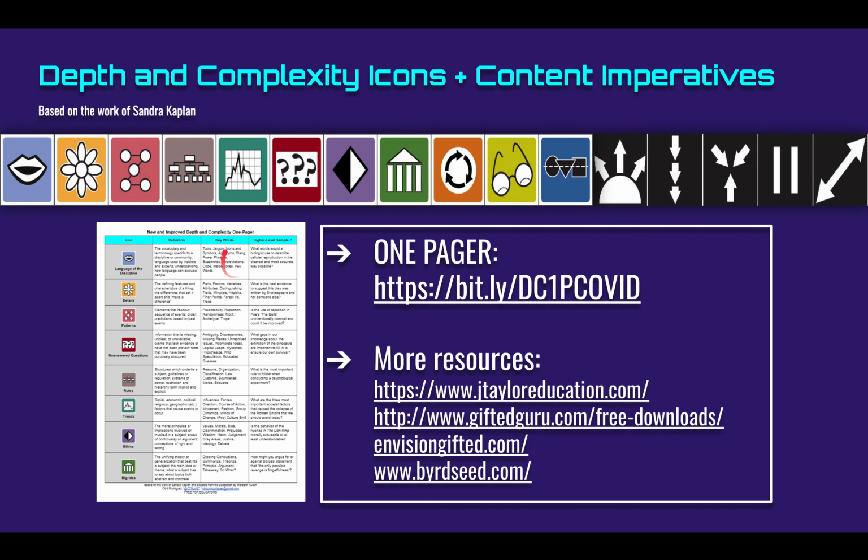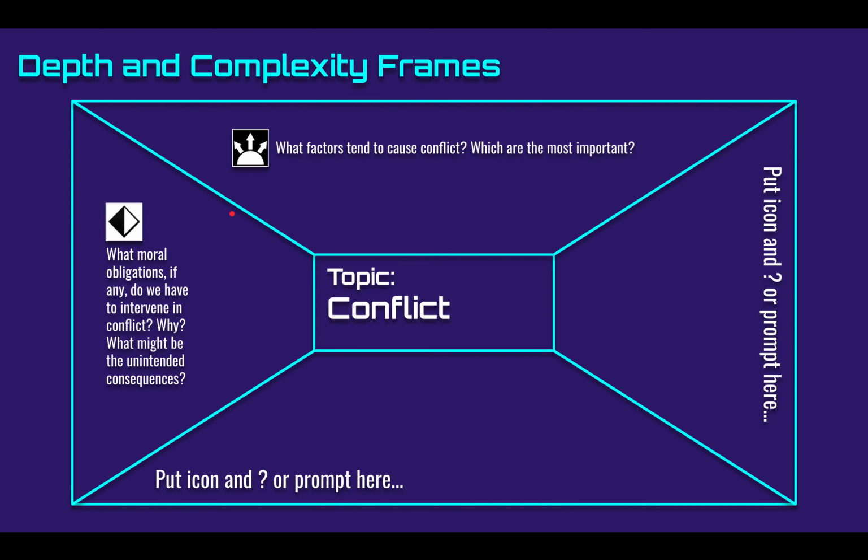So what you're going to be doing in this portion is basically, again, just thinking about your topic, thinking about an icon, and then using that icon to ask a higher level question about your topic. The next activity you're going to be doing, though, is something called a depth and complexity frame, which you could use as a pre-test or a post-test. Essentially what you do is you put any topic, any subject, any material here in the middle, then you pick icons, and then you use those icons again to ask a higher level question about whatever it is that you are discussing with your students.